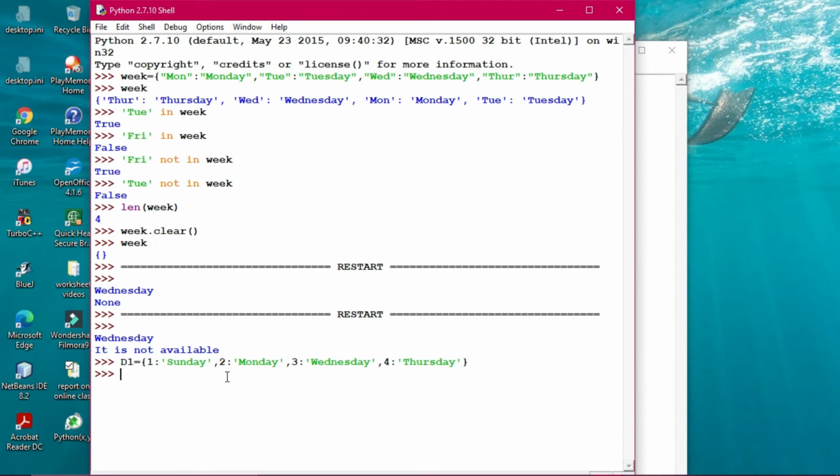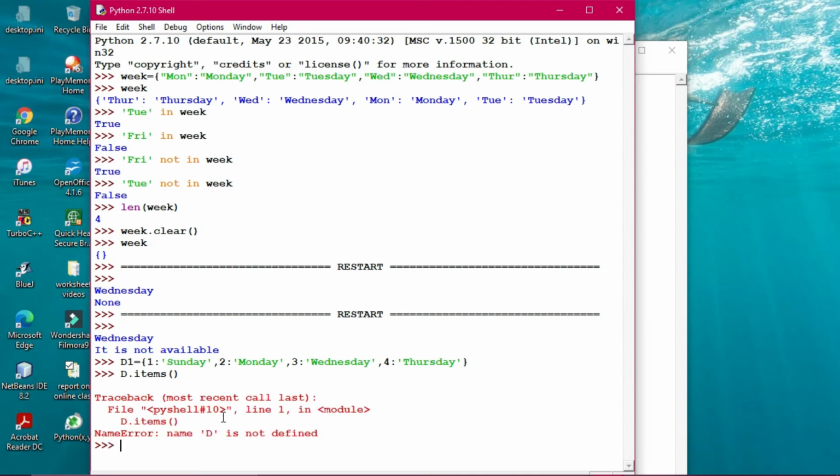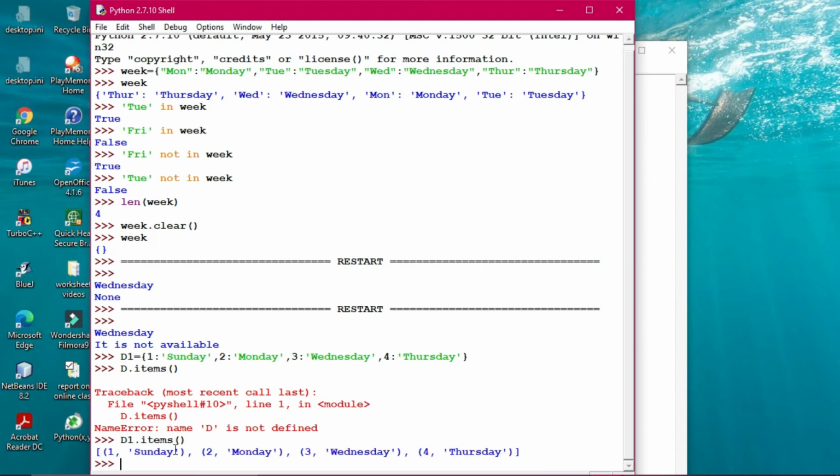Now if you are giving d.items, this is a new method, a new command for you, d.items. Let's see then what is happening. Okay, d is not available out here, that's why it is showing an error. I'm sorry, d1. d1.items, and then you close it, and you see the total dictionary has been printed.